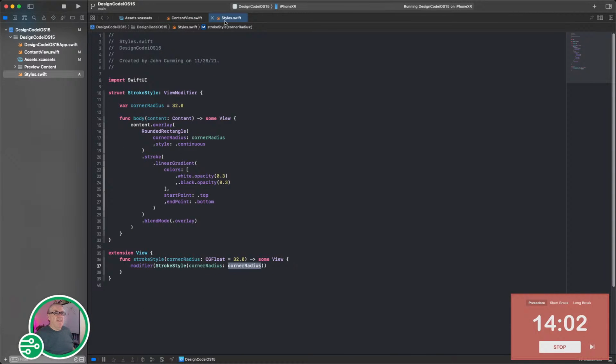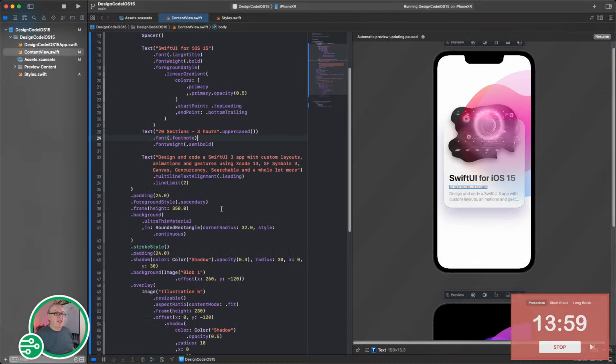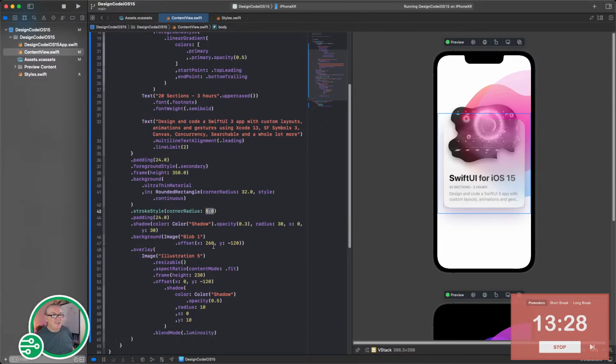Now, I guess we can go and check that. So if we go in here to our stroke style, the corner radius of 8.0, you watch that corner there. If you hit save, see that stroke is much less. And remember that the corner radius for this is not the same corner radius as used